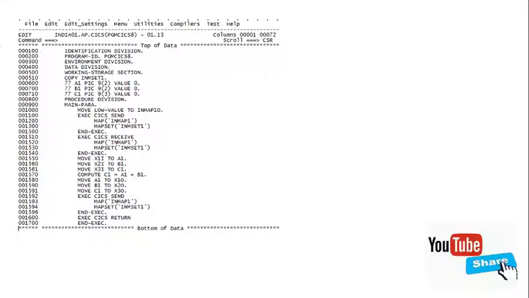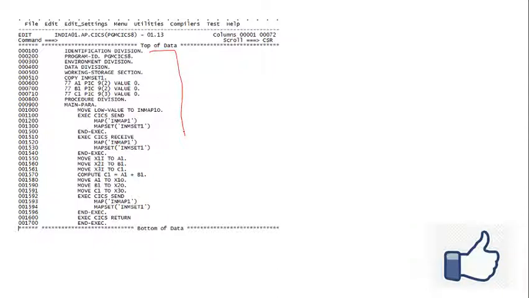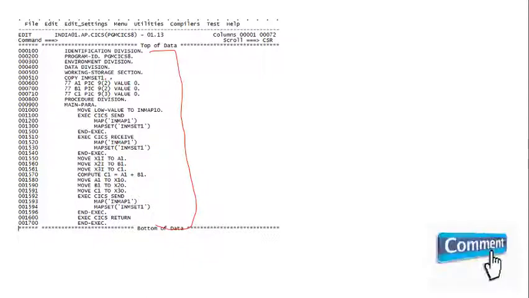Okay guys, this is the COBOL program to which we are sending the data and fetching the result. We have used COPY INFMSET1 for the map, and we have used the working storage variables A1, B1 and C1.